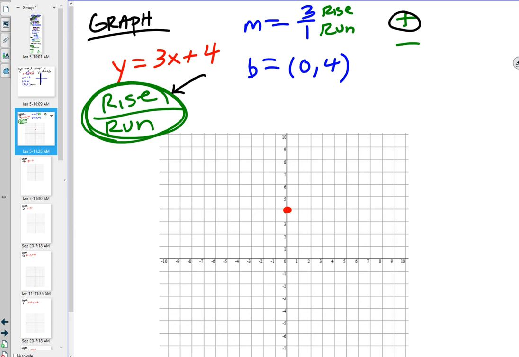So, what we can summarize with that is, when you have a positive slope, both movements have to be in the same direction, either positive, positive, or negative, negative. If I went up, what sign do you associate with that? Positive. If I'm going to the right? Positive. If you're going down? Negative. If you're going left? Negative. So if I just told you that on a positive slope, both movements have to be the same,